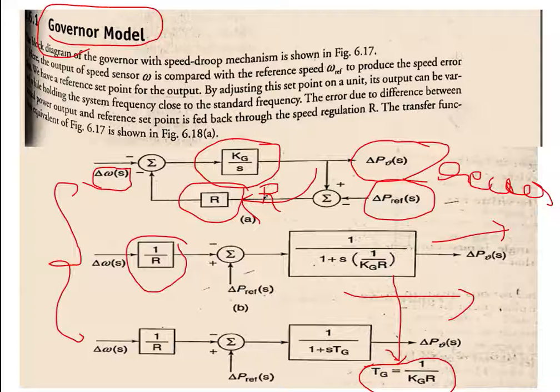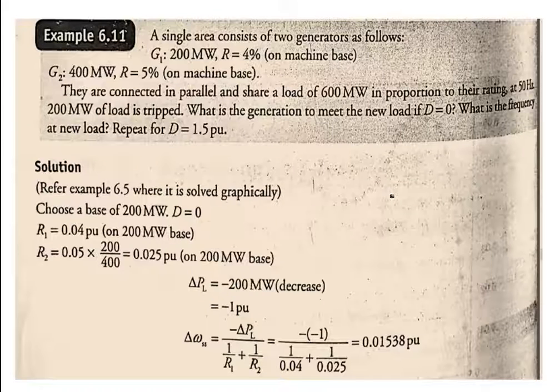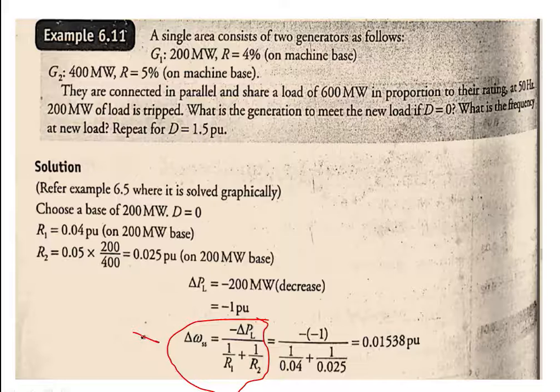If it is in an examination, write the governor model and write its block diagram, means only this much you have to write, all the three blocks, and you have to write the explanation only this much. So the main objective here is that we need to compare the change in speed as well as the power. So this is the next problem based on the governor mechanism. We have to discuss one more problem. While solving this problem, we should remember the formula. This is the change in speed of the governor model. This is a very important equation. We need to solve the problem.